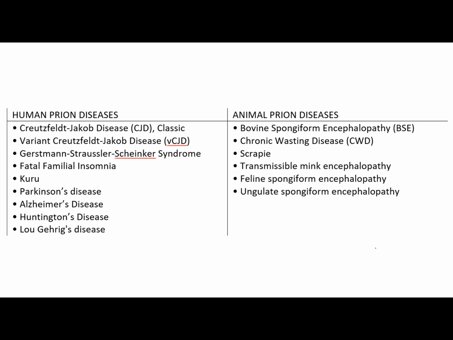We have your Gerstmann-Straussler-Scheinker syndrome, your fatal familial insomnia, your Kuru, your Parkinson's disease, your Alzheimer's disease, your Huntington's, and your Lou Gehrig's disease. Now, itong apat na to class, these are the most common genetic prion